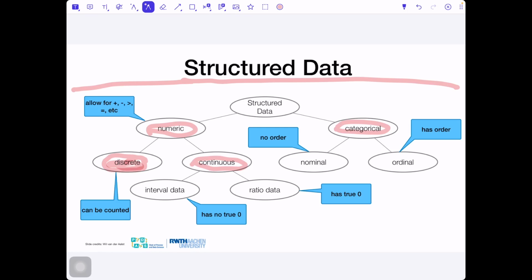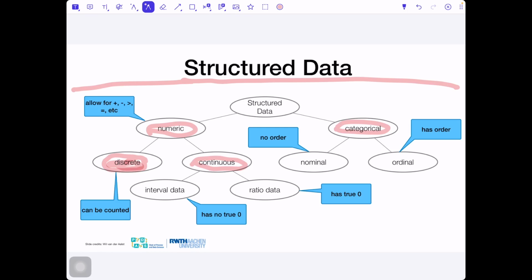Because if you put up a radar and check the speed of the car, every time we will get another number. There will be no single car which drives exactly 50, which is allowed inside of towns, on the streets in Germany. So that would be continuous data.